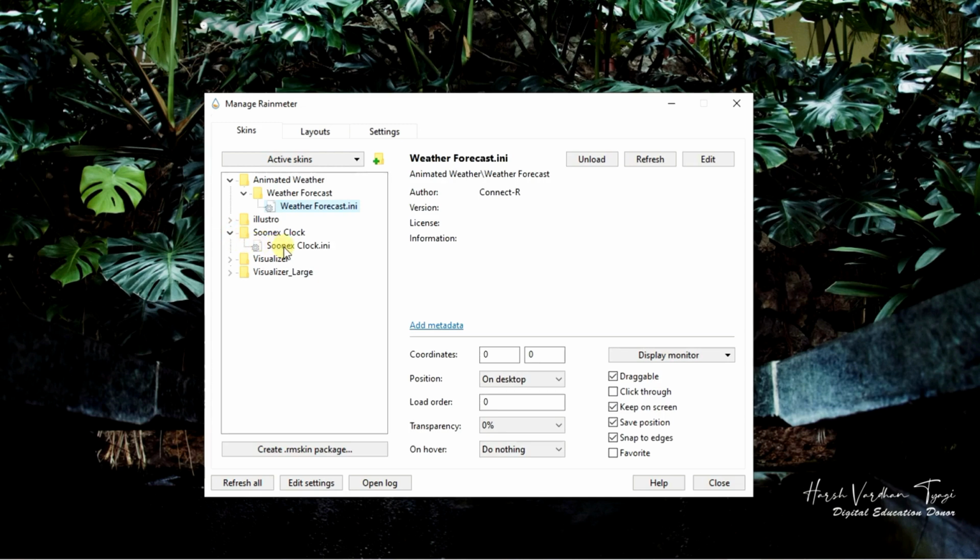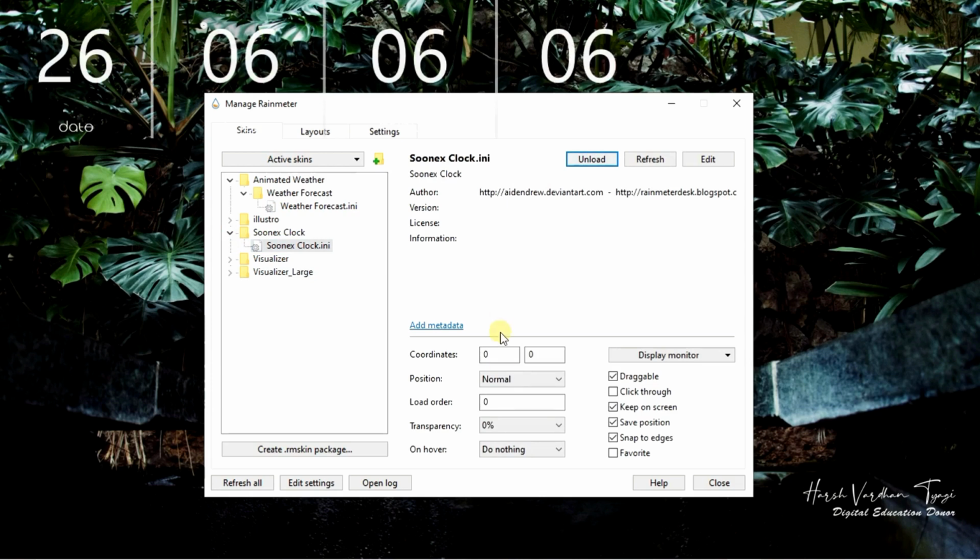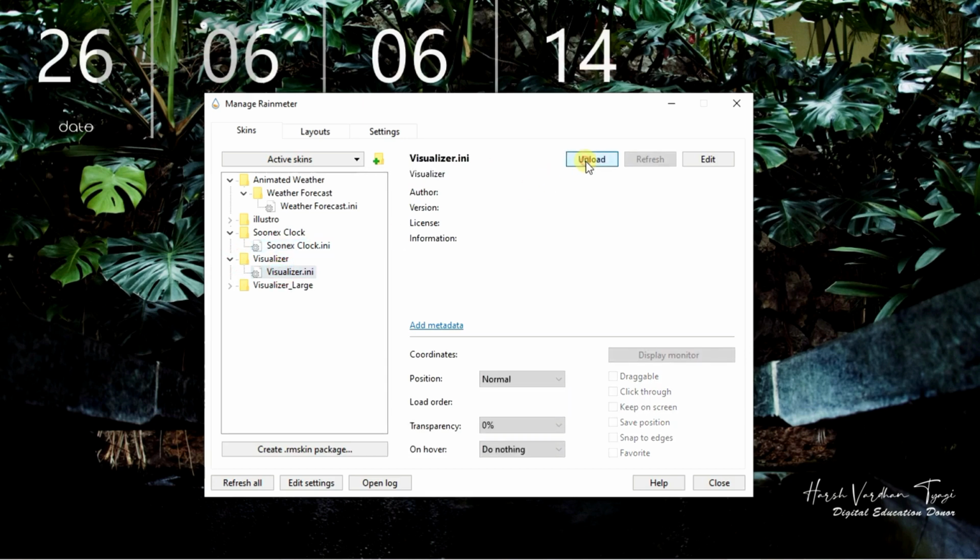Select this file, load again, position on desktop. Select the third file, visualizer, click on Load, position on desktop. Fine. Once you have done this, close it.